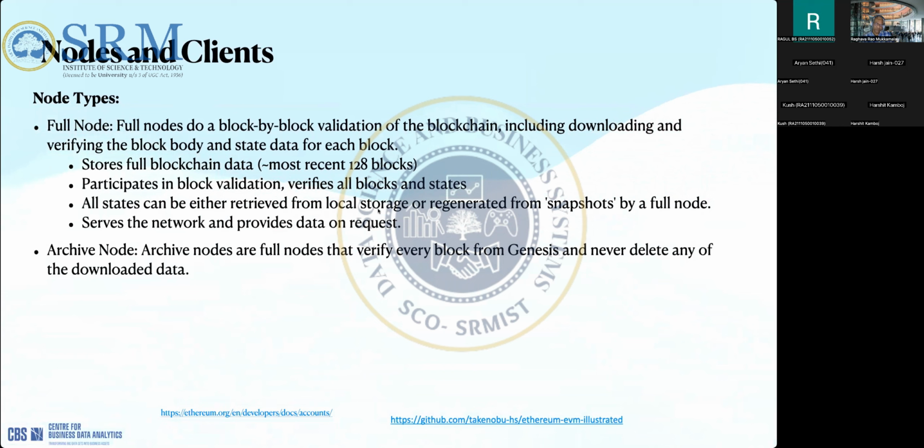So another way to restore a full node: let's say you are a new node joining the network and you want to mine Ethereum, right? Since you did not participate in the previous blocks and you don't have any information, what you do is get the snapshot from a full node. So we have the archive node, which contains all the nodes. Sorry, archive nodes contain the full nodes, but at each step of the full node. What does it mean? Basically, they contain all the information right from the Genesis block till the latest block.